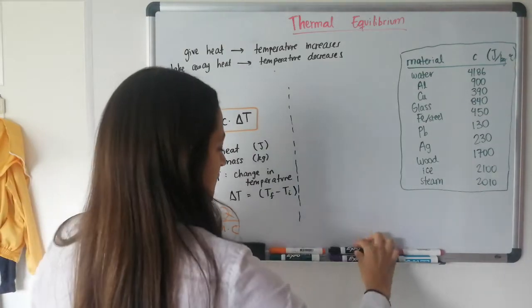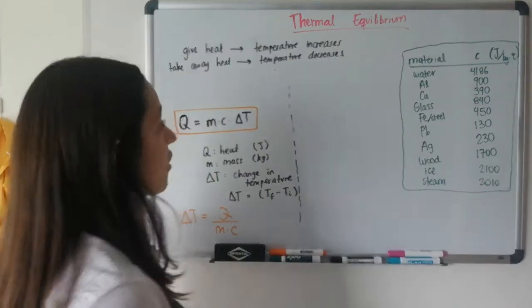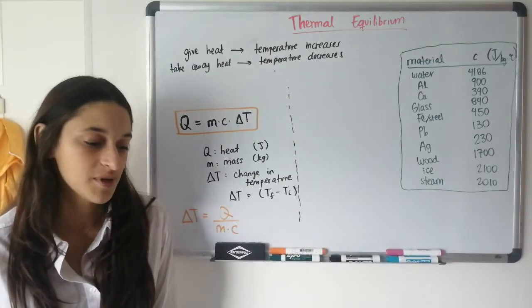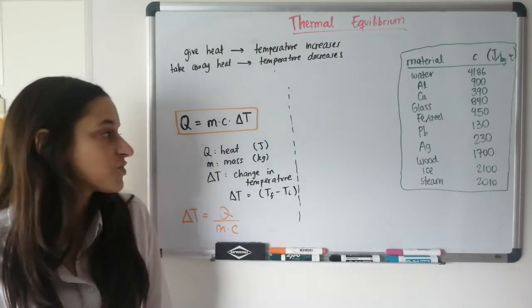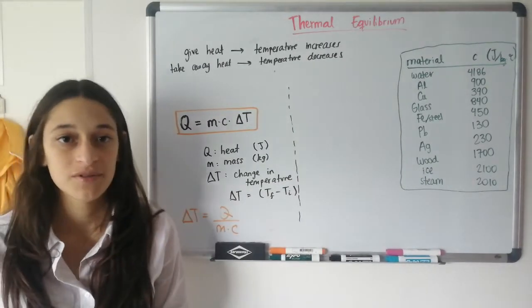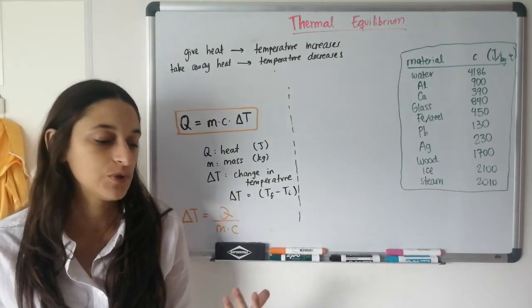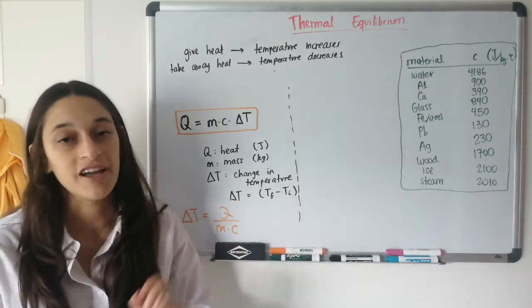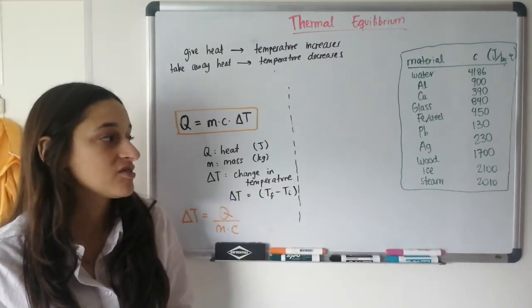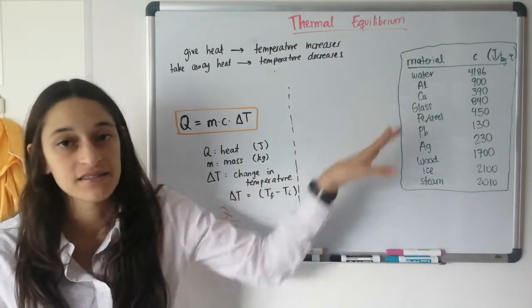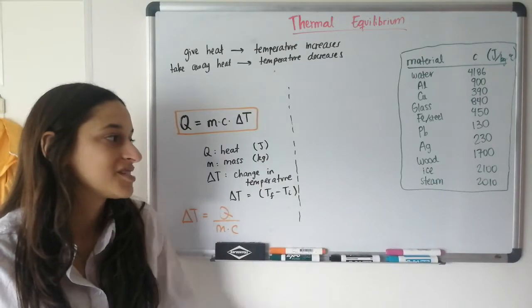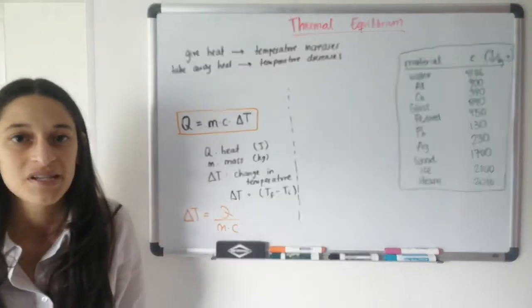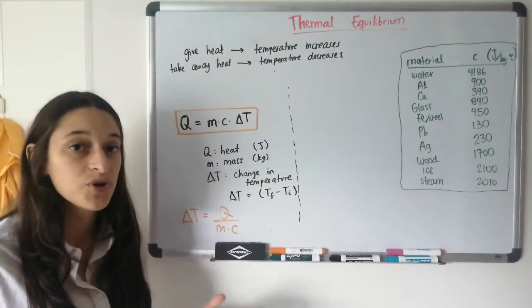Okay, so now there is the concept that gives the title to this lesson, which is thermal equilibrium. So what does that mean? This was all talking about one single object. But what if you have two objects? What if you have a pot of water and inside you put a block of ice, or a piece of wood, or a piece of glass? Or you have steam, and in the middle of the steam you have iron or copper. So it just means, what do you do when there's more than one